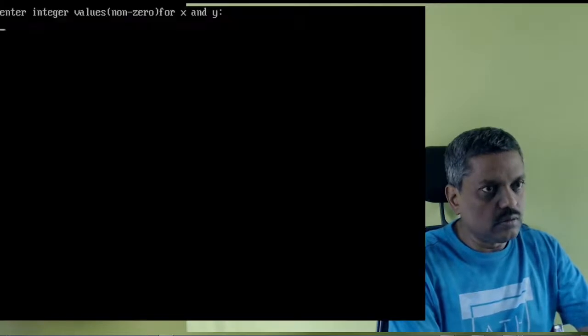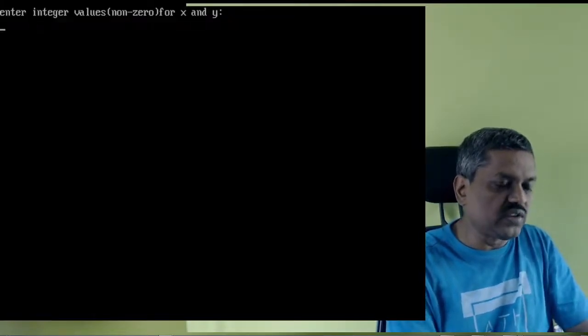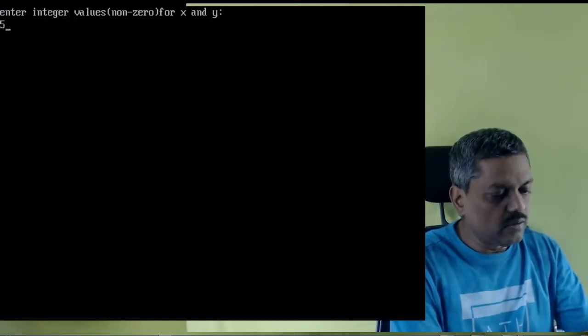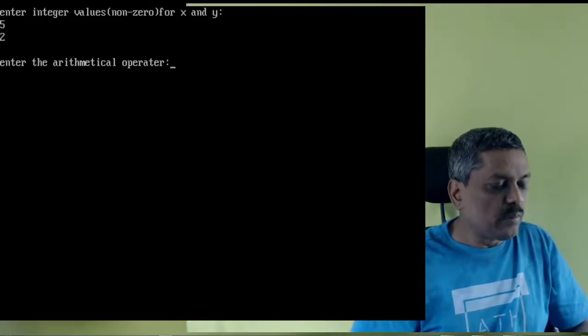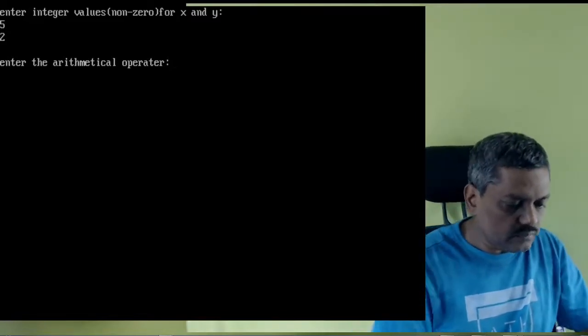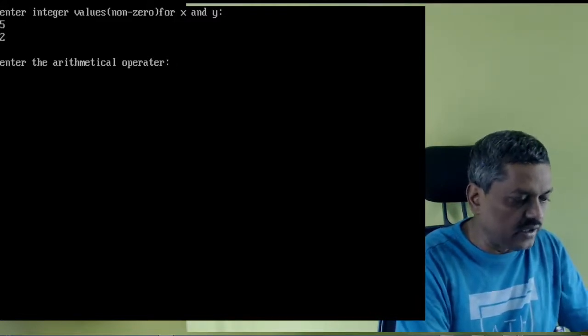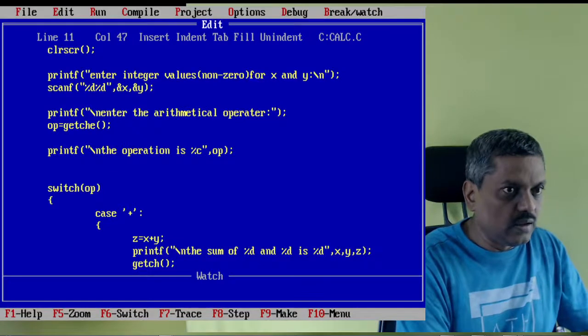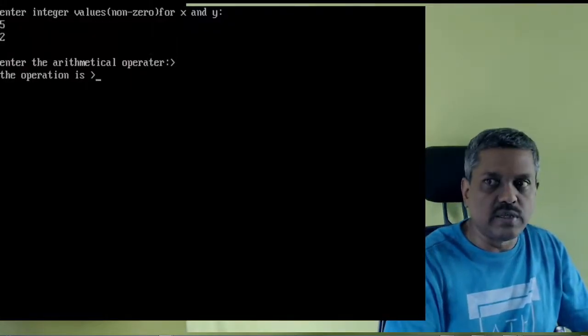Now what I do is, suppose I press unknowingly some other key, for example, less than or greater than symbol over here, as the operator. See what it does, if you go back, it will not do any other operation.